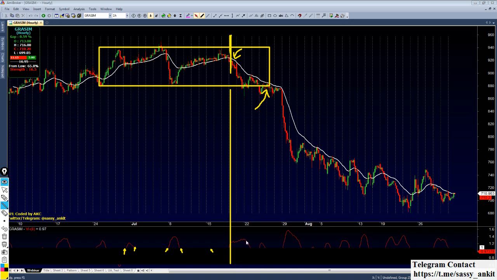We want our vortex value to cross above the previous high, like this. Here it is not crossing. Now here also it is not crossing. Now here we have a crossover. So let me draw a line here which goes till the price action. Here we got the breakout, and after 2 bars we are getting the signal. So here we can look for our entries.